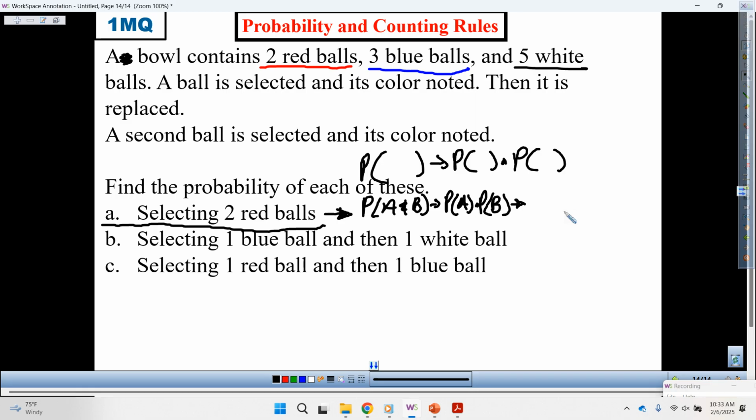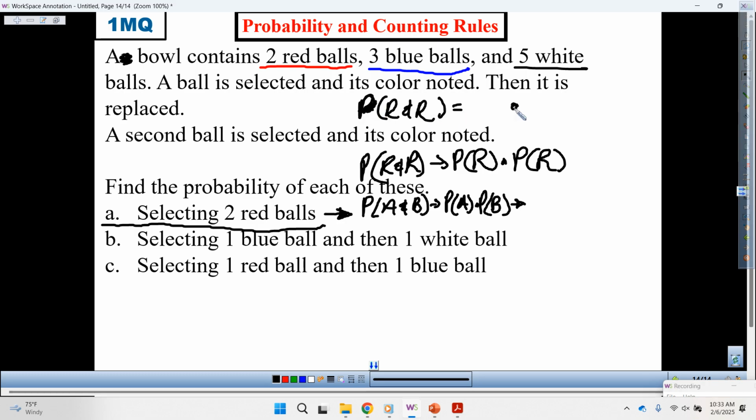All right. Diani, pass someone. Corinne. So, what do I write instead of A? Red. And instead of B? Another red. That is correct. So, this is going to be P of R times P of R. So, P of R and R